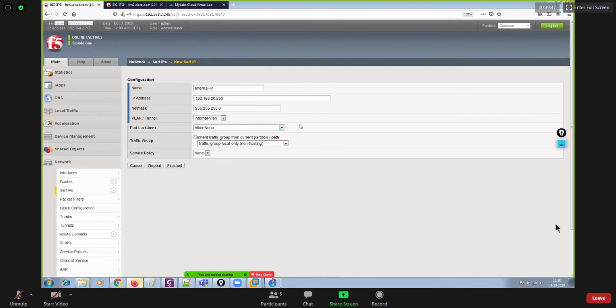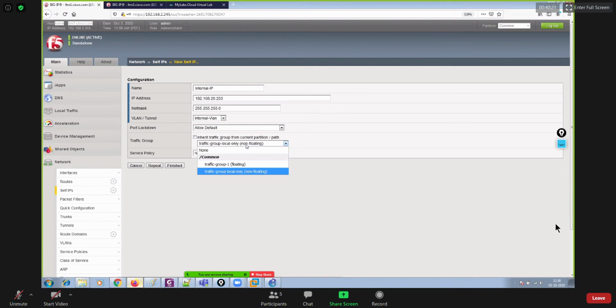So I'll just say allow default, and first you have to allocate the non-floating IP address, and thereafter only you will be able to assign the floating one, because you can assign two different IPs to your interfaces. One is a floating IP, the other is non-floating. Non-floating is like the physical IP of your interface. Floating is like a virtual IP address. I assume that you have some experience configuring HSRP, VRRP. Under interfaces, you configure two different IP addresses: one physical IP of the interface, another virtual IP.